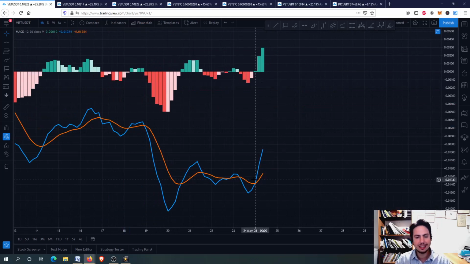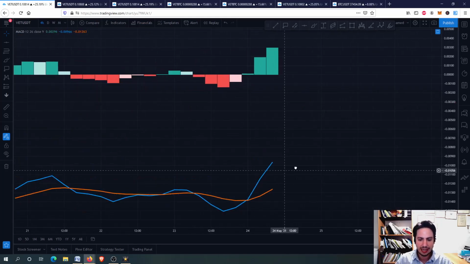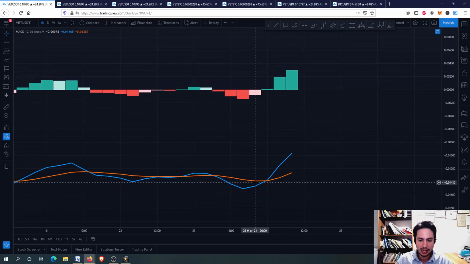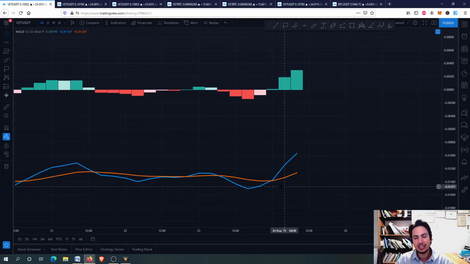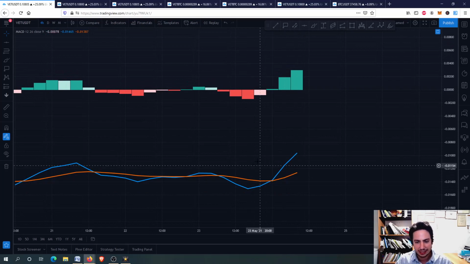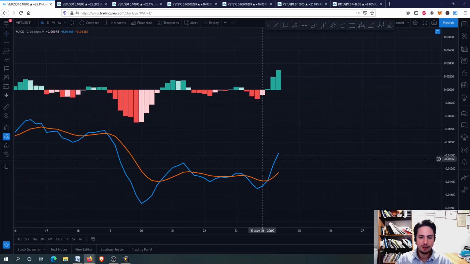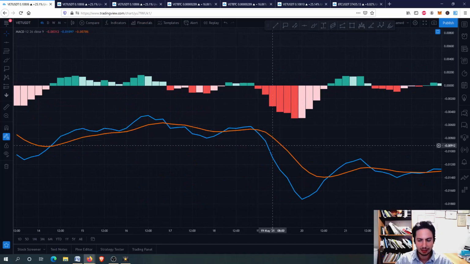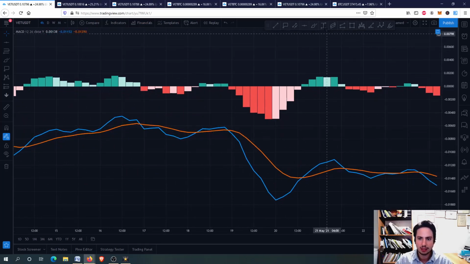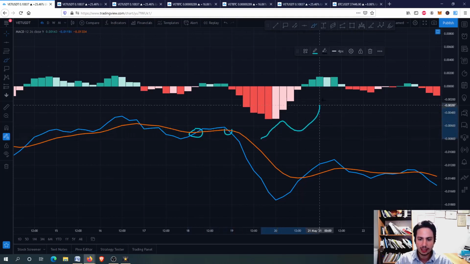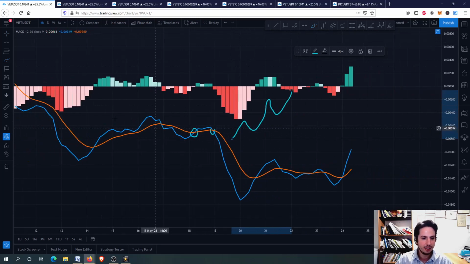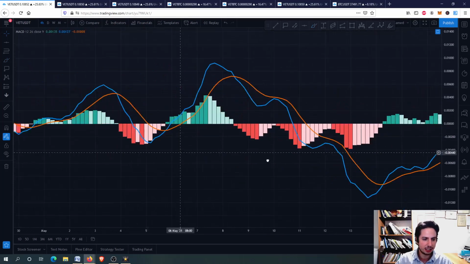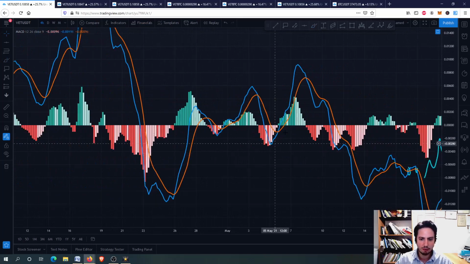Here, guys, on the MACD in the 4-hour frame, as you know, when the blue line is above the signal line, of course, we are having a nice bullish scenario. This is not always the case, because you can see here, even if we have a bullish cross, like let's say, for example, here, guys, we had a bullish cross, but we went down all the way. Why did this happen? First of all, we didn't have the distance needed between the lines, and we weren't forming higher lows and higher highs, like for example, here, guys, you can see that we were forming higher highs and higher lows, eventually going upwards.